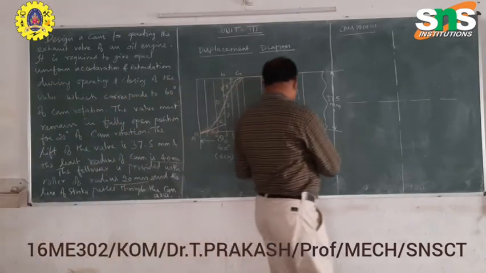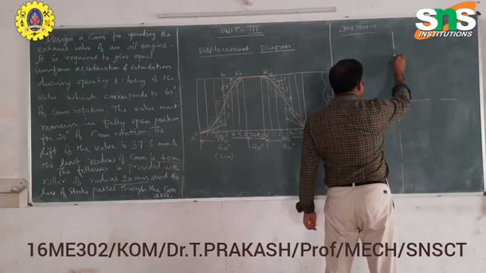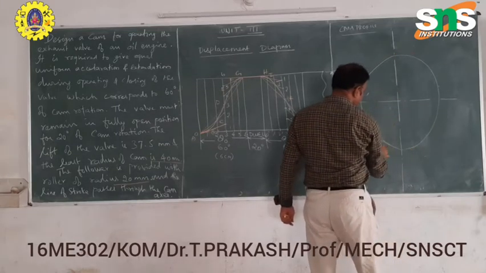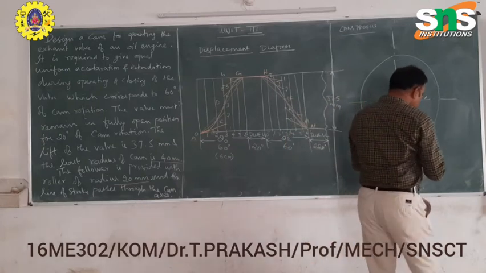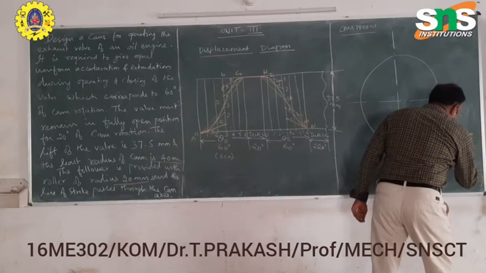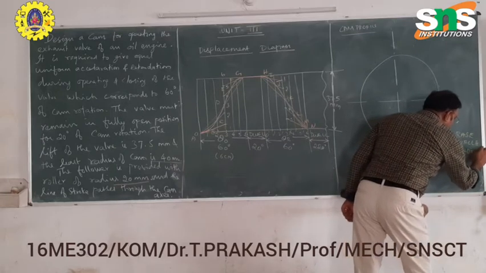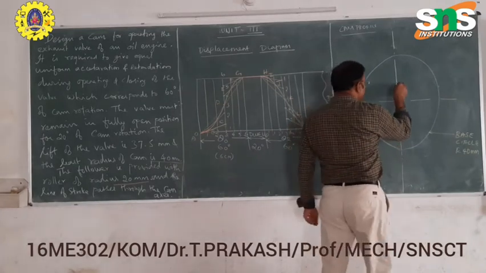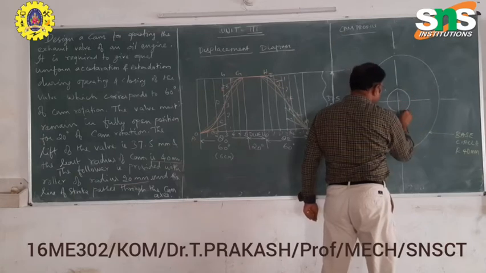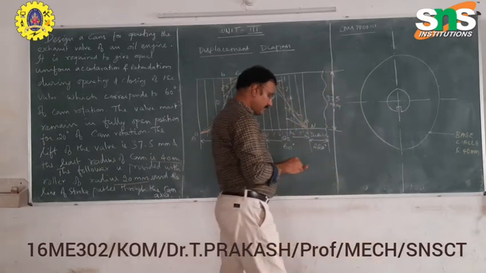Therefore, for 40 mm radius, I am going to draw a circle. It is our base circle of radius 40 mm. Least radius is also called the base radius. For our profile purpose, we have to draw the shaft also. With our own specification, we can draw the cam shaft. It is our cam shaft.